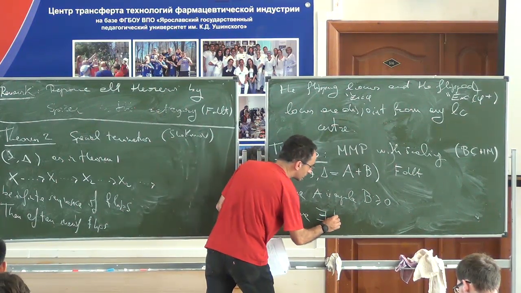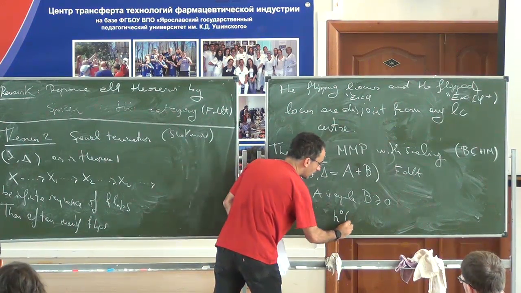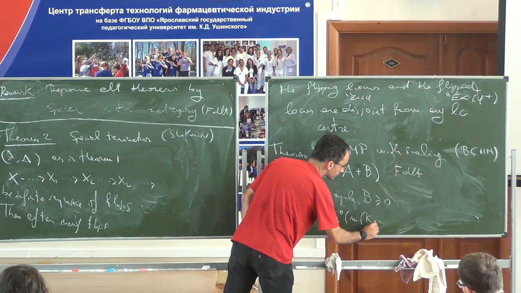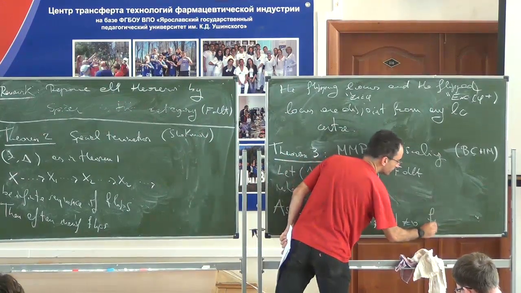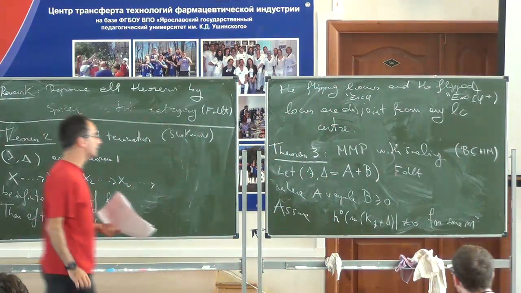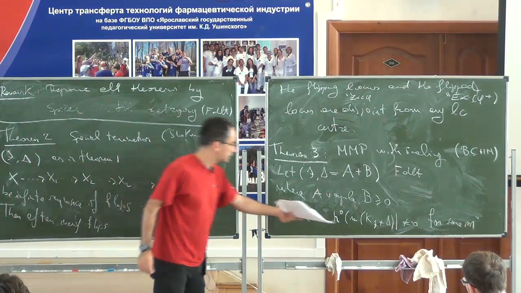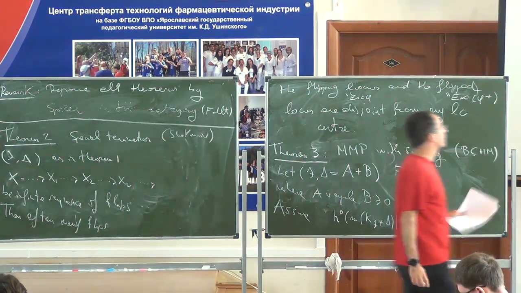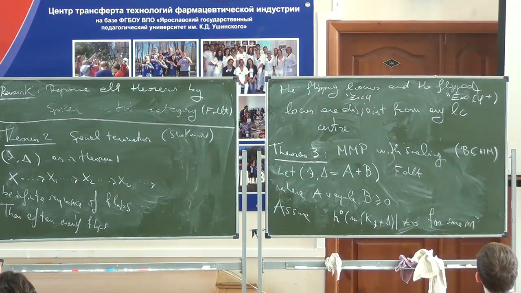Oh, let me use the notation I was using the first day. Let's assume that H^0 of m(K_F + Δ) is non-zero for some m. So the nice assumption would be that it's R-effective. But in order to prove this theorem, we need to assume that it's actually Q-effective. Then there exists a contraction X to Y, rational,